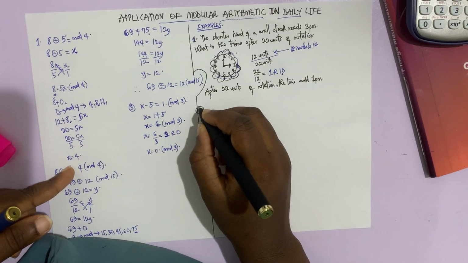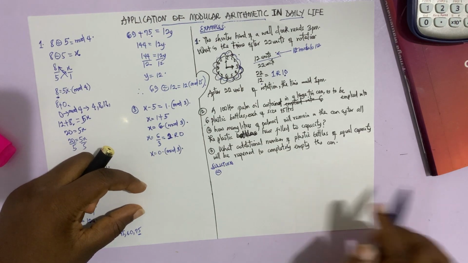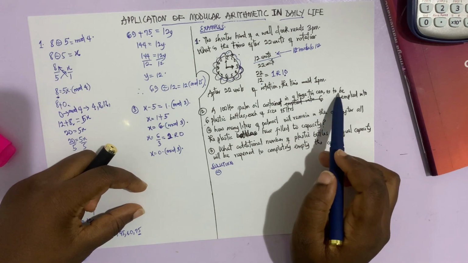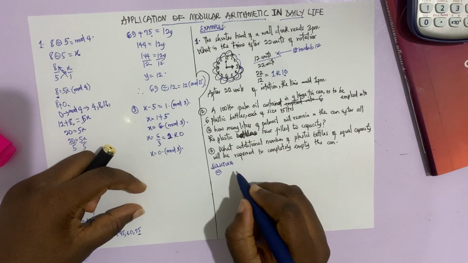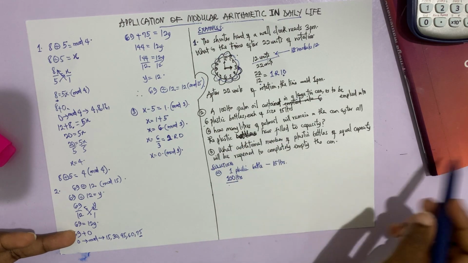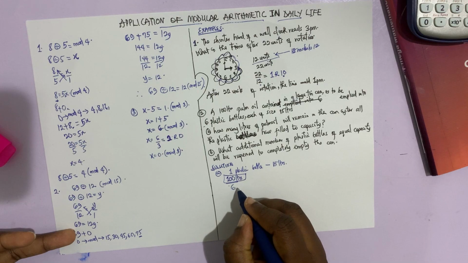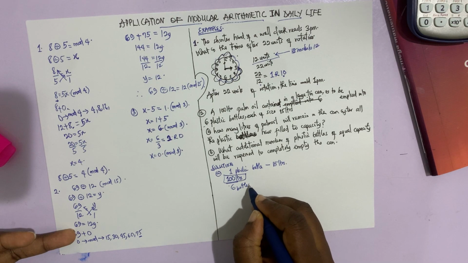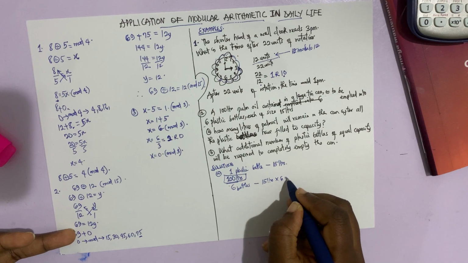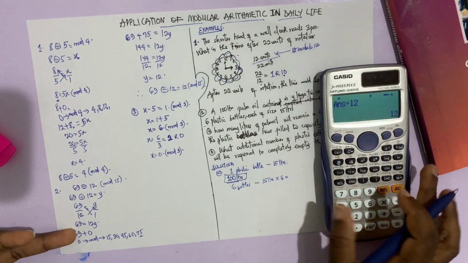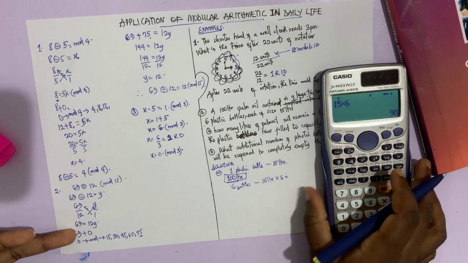For question 2, for A, we are told that 100-liter palm oil contained in a large tin can is to be emptied into 6 plastic bottles, each of size 15 liters. How many liters of palm oil will remain? Since we want to fill 6 bottles, that will be 15 liters times 6, which gives us 90 liters,